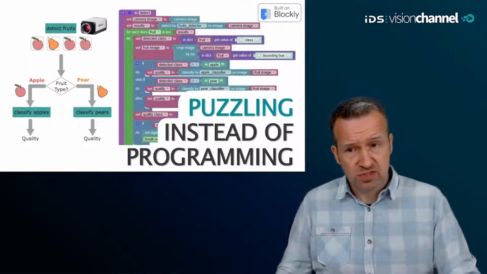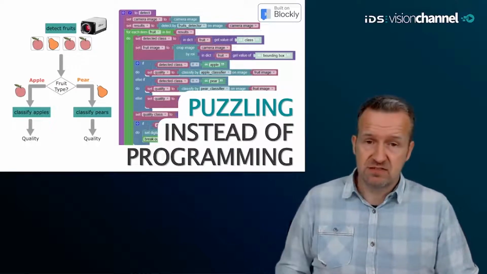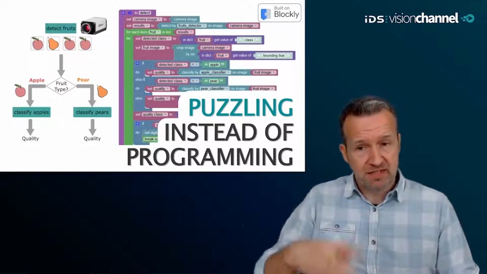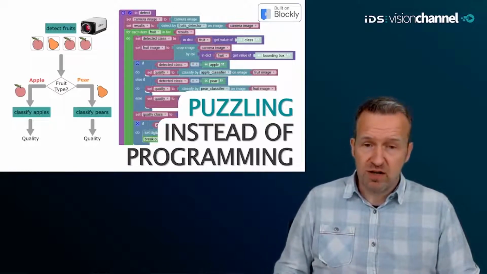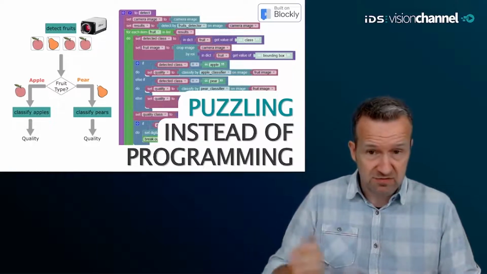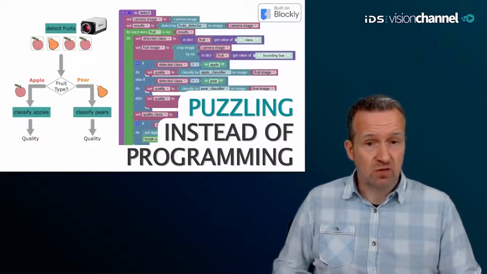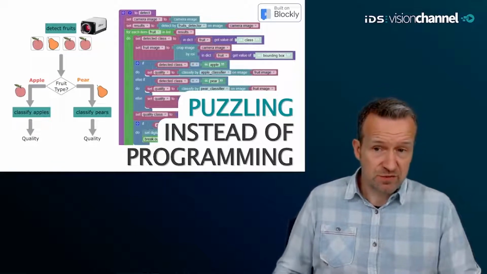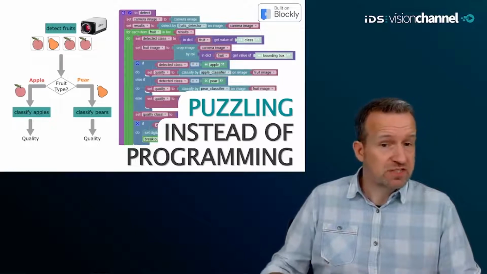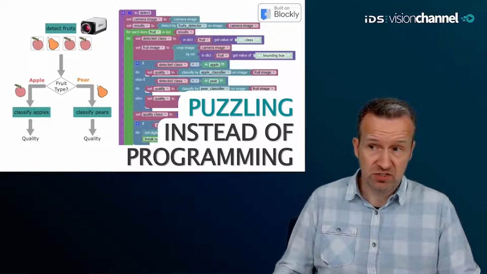It is also possible to use several neural networks in one sequence, as in this example. Here, an object detector provides a basic pre-sorting of the different parts. In this case, the parts are fruits, apples and pears, followed by a detailed error analysis by a second classifier to categorize the parts even more precisely. Such procedures are otherwise only possible with the Vision App Creator and programming knowledge in C++.